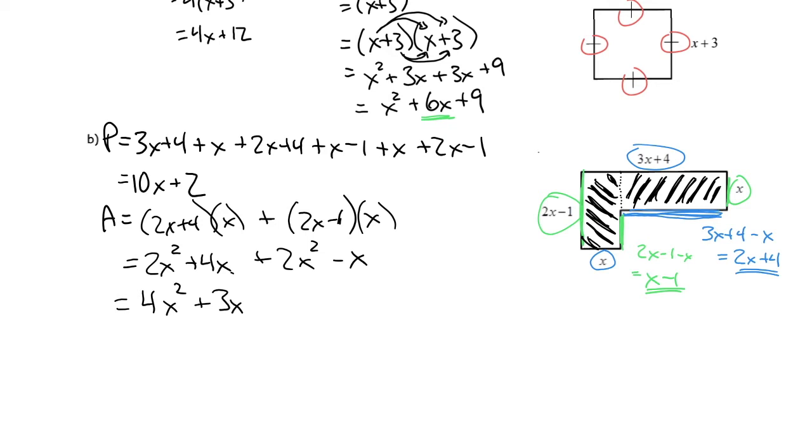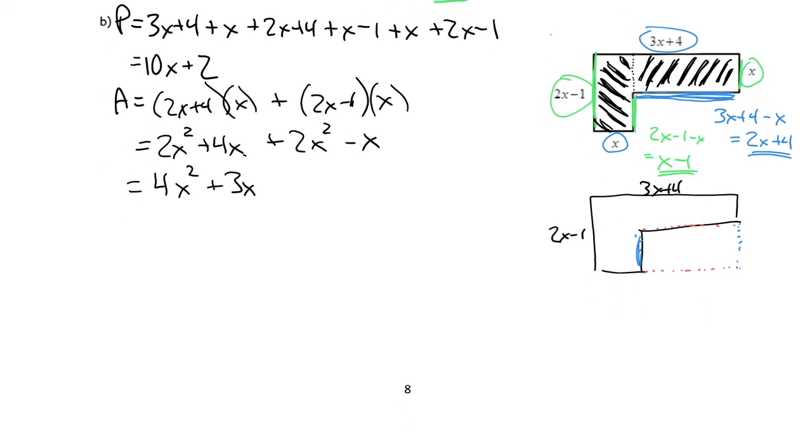Now, another way that we could have done this, though, is to have noticed this. I could have taken this side right here and slid it down. I could have taken this side right here, actually, we have a different line here, and slid it over here to make a rectangle. In which case, it would have been 3x plus 4 is the length, 2x minus 1 is the width. And so what I could have done